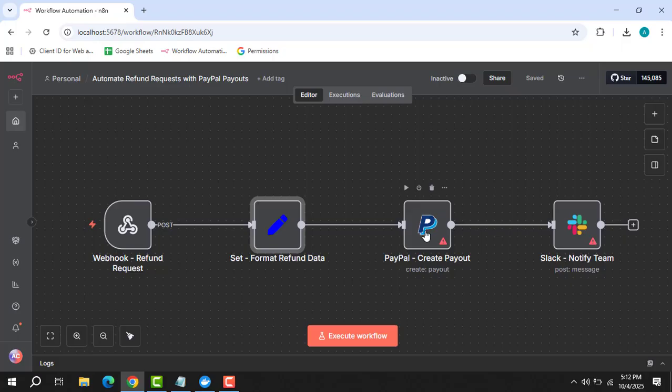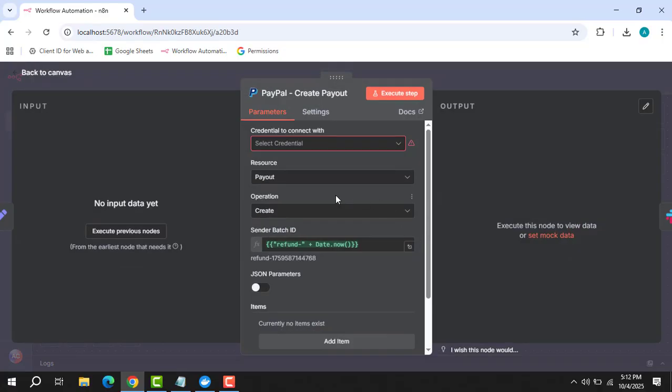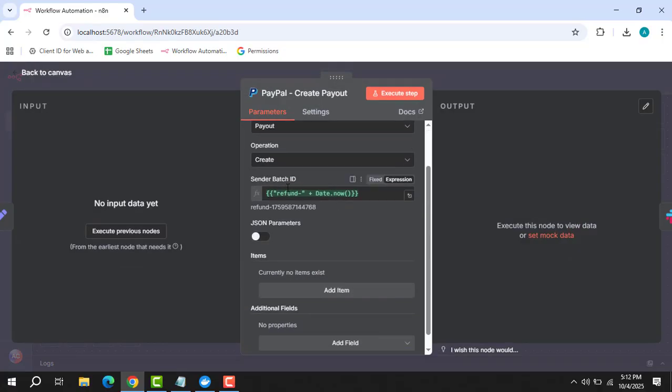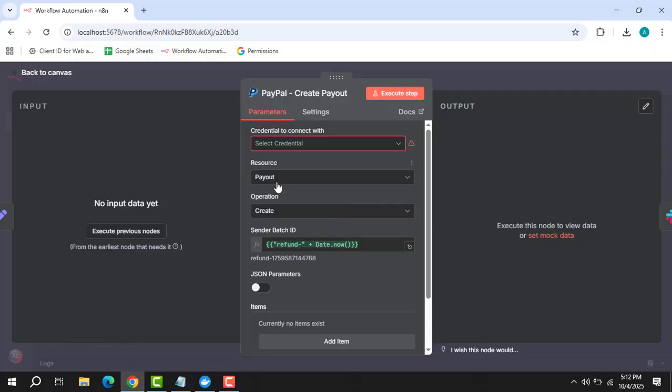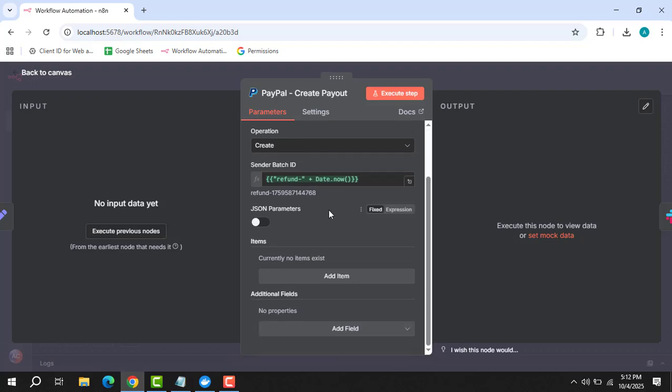payout. Its purpose is to issue the refund to the customer via PayPal. Let's open it. The sender batch ID will be refund plus Date.now. Resource payout, operation create. Will be also the items. The recipient type will be email, the receiver will be JSON receiver email, the amount, the currency, and the